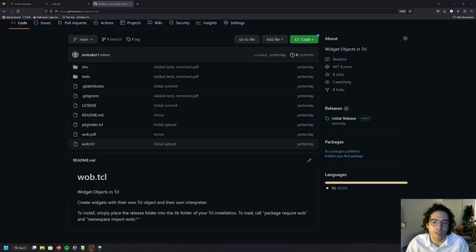Hello everyone. Today I'm excited to share a Tcl package that I recently developed and released publicly on my GitHub. The package is called WOB, and it provides an object-based framework for developing graphical user interfaces, or GUIs, in Tcl,